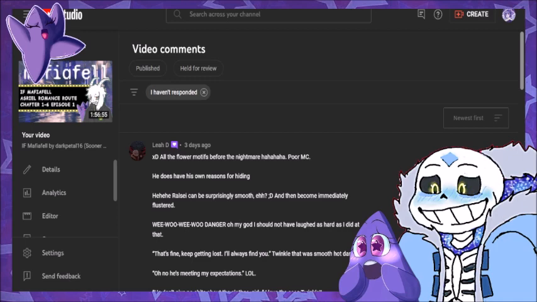Okay, so welcome to me responding to the comments left on Mafiafell, darkpetal16's Asriel route. We don't have any comments on Underswap Flurry's route or on the 2 episodes for Dusttale friendship route. So that's why we're reading from this one. We're going to start with Leah D, who said the following, aka this spy here is our wonderful,